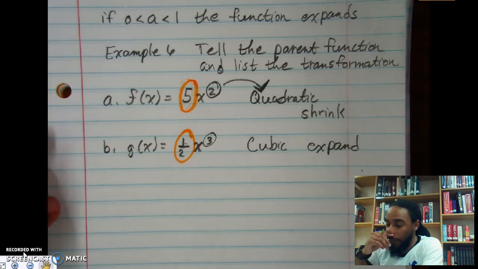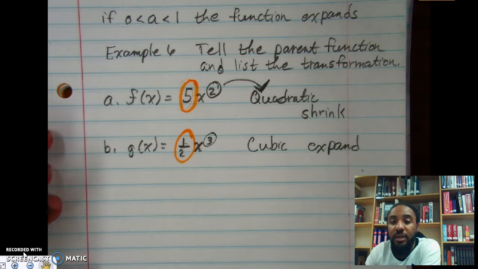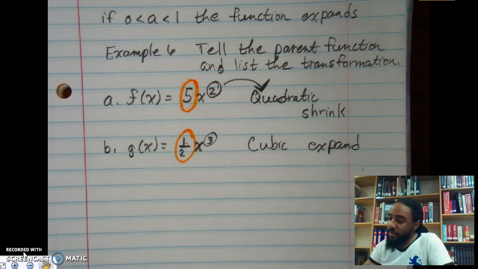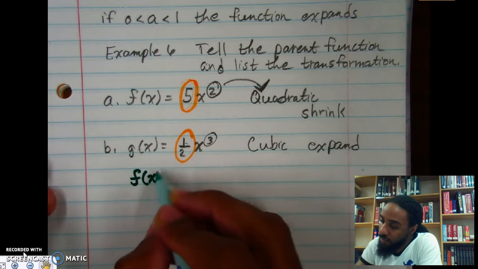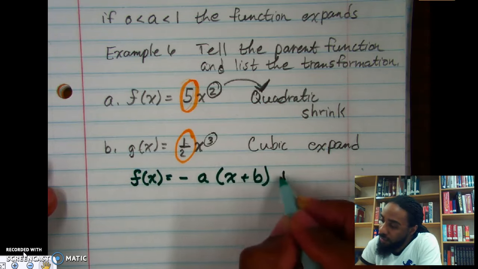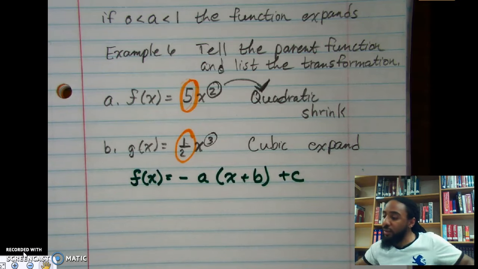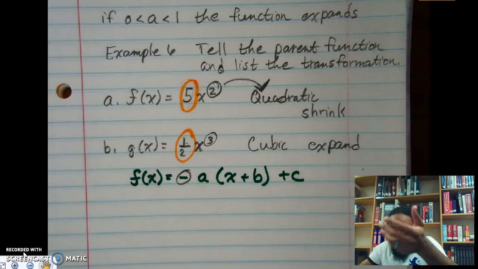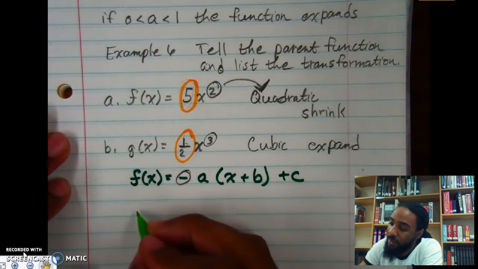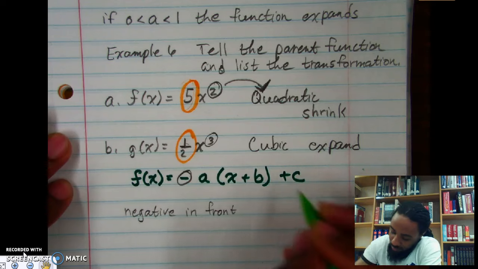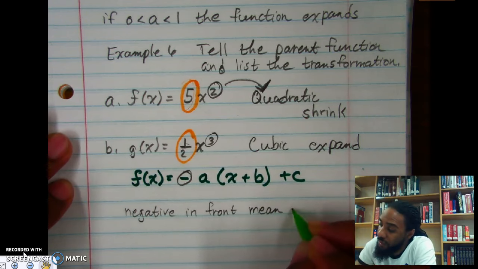All right, so now the last thing is go ahead and deal with our negative. So if we have a negative in front. So I'm going to throw this back up here one last time. All right, and so with this, negative is not always there. Sometimes it's there, sometimes it's not. If it is there, we're going to do this next part. So here, a negative in front means the whole function